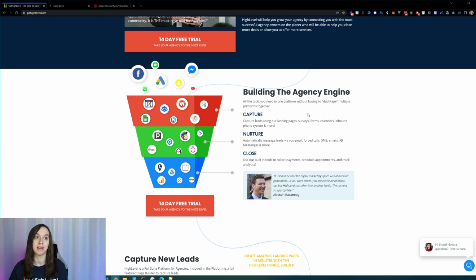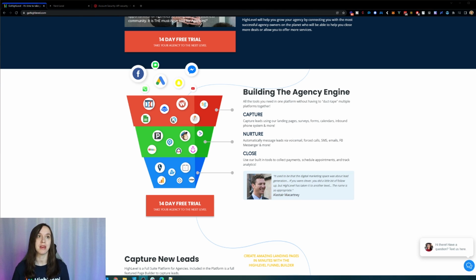I could onboard clients in literally minutes, and I was paying a ton of money before for all my different softwares, having to keep track of it. But guys, it replaced MailChimp, ActiveCampaign, Typeform, ClickSend, CallRail, ClickFunnels, and pretty much any of these icons that you can see on the screen. It replaced everything. Okay, it's insane. And if you have ClickFunnels, you can actually do a one-click import and import your ClickFunnels into High Level as well.